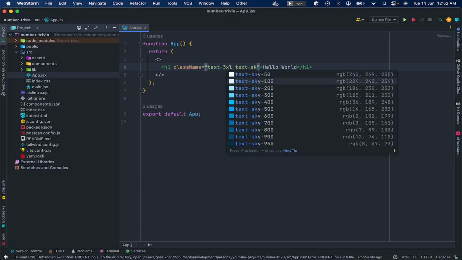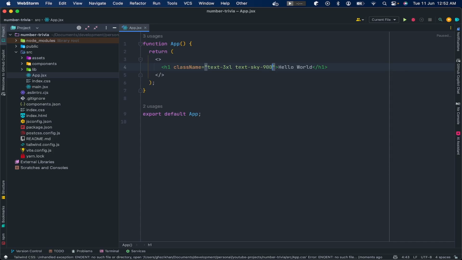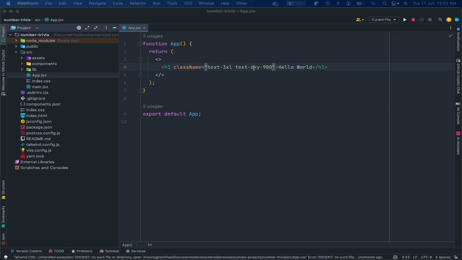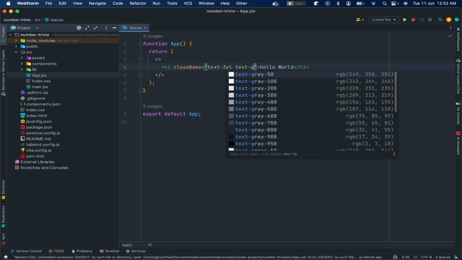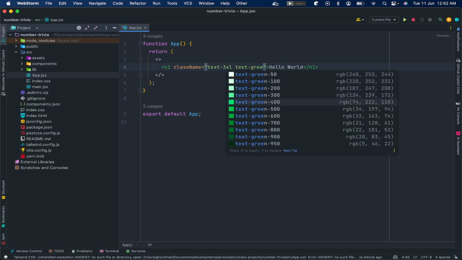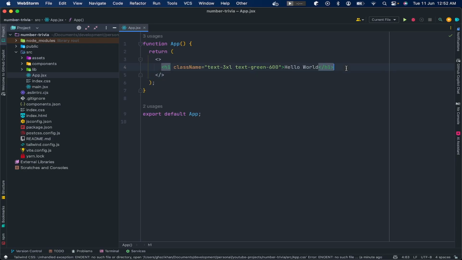Maybe sky blue, maybe something. Just to check whether tailwind is working or not. So okay, yeah, this is working. So this color is on. Maybe change it to green so that we can see the actual change. Yeah. So this is working. This is set up. So now let's start creating our HTML first, and then we will add our interactivity